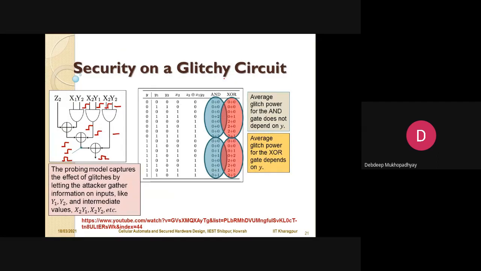The problem is, as you know, that most VLSI circuits are prone to glitches. Without going into details, I would like to mention that because of the underlying glitches, people have shown that even with these protections, you need more observations, probably something like 1 million observations, but with that you will be able to get the entire key. So even with these masks, paying so much, you are not able to get protection against an adversary who is able to observe a sufficient amount of power traces. Moreover, the security that you get, even when observing say 1 million observations, is much lesser